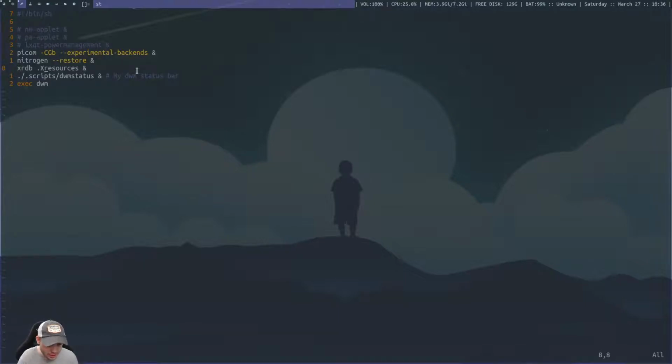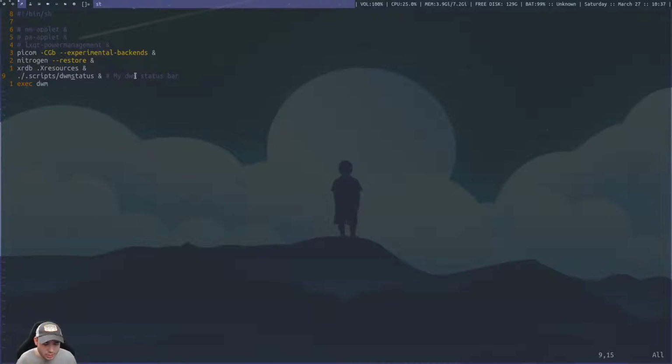And then this just makes sure I have my X resources file, which sets, I think the main thing that I'm doing is setting my mouse theme and size, like the cursor size, and forcing it to a certain size, because I have a 4K monitor and it's 1080p, and sometimes there can be some trouble when it comes to how your mouse looks between the two. So I just force it to a certain size to make sure that there's no problems. And then I have a custom script here, which sets all of this stuff up, which I can show you that script in a second.